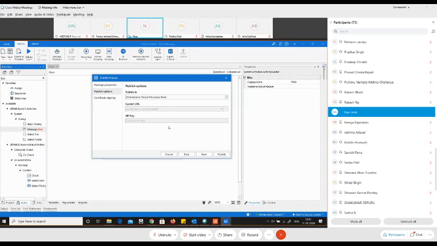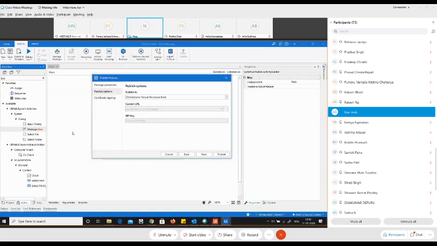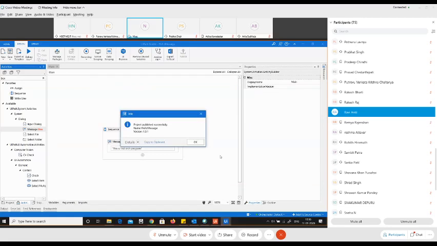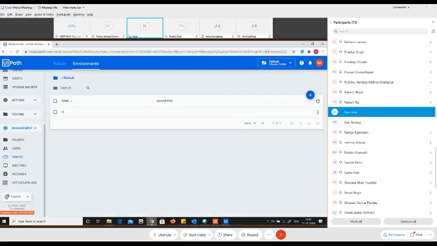Now, this option will only be enabled or will only work if your Orchestrator is connected, as in this setup has to be completed. If this is not connected, then this publish will not happen. So let's go ahead, click Next, there is no certification needed, and then click on Publish. Awesome. So now we got a confirmation over here. The confirmation says your project has been uploaded successfully. This is your project name and this is the version. By default, the version was 1.0.1. If we wanted, we could have changed that. I'll say okay, done. Let us head back to the UiPath Orchestrator.